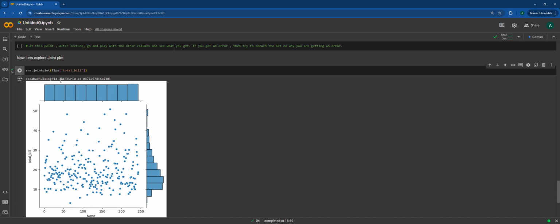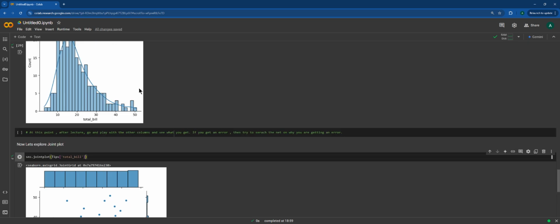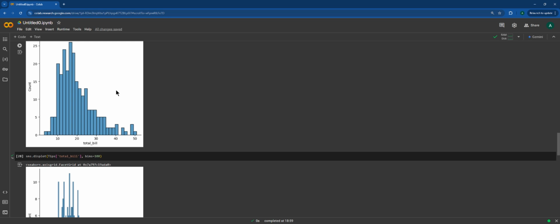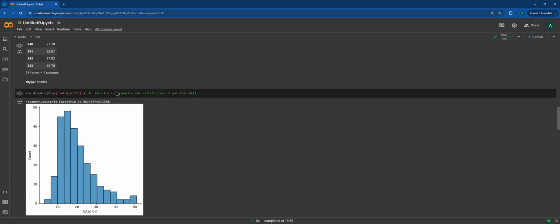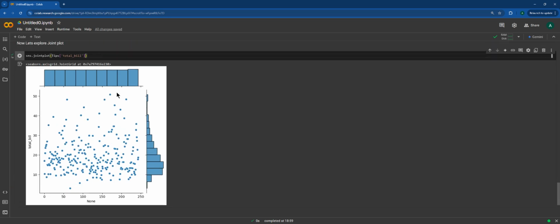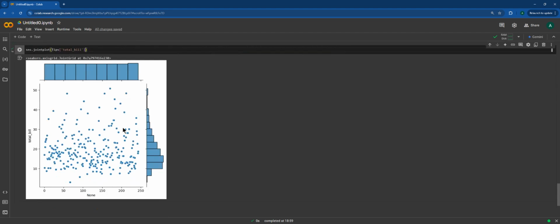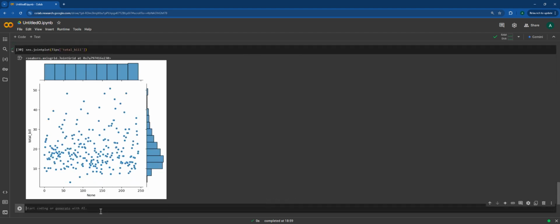Well, that's because jointplot is designed to jointly plot two separate columns with each other. Hence, we need to go and pick another one of our columns. Now that we have understood that we need another column to work with,